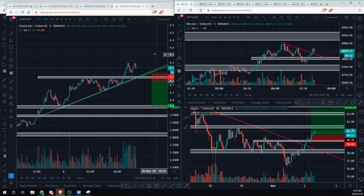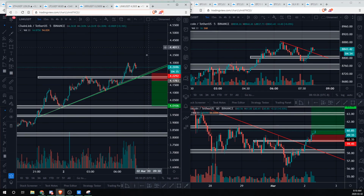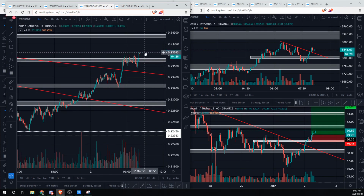So we got a new 5-minute candle here. Got a pullback, less sell volume than buy volume. Are we looking for shorts later? Potentially. I'm looking at LINK for shorting if it breaks below $4.2, but XRP,